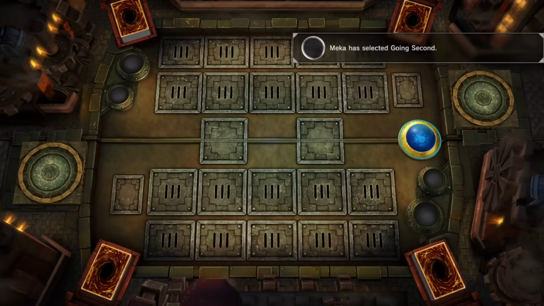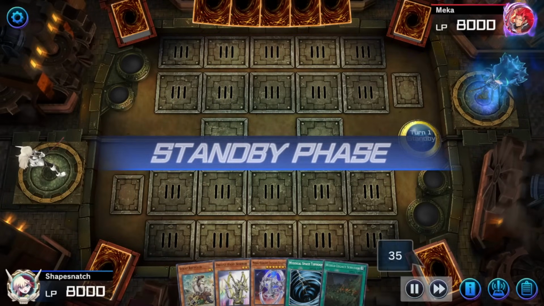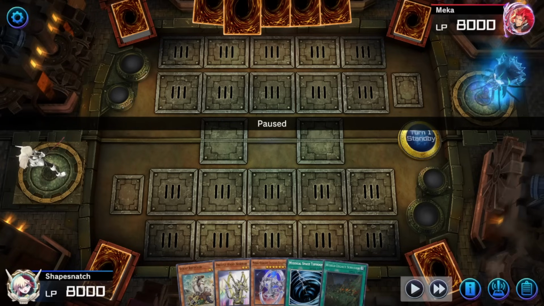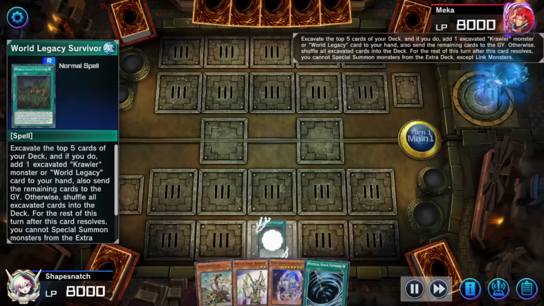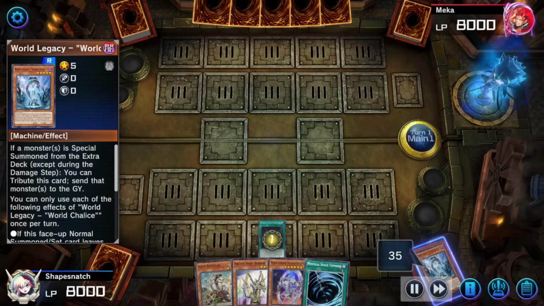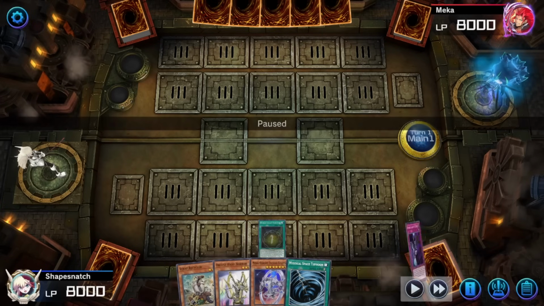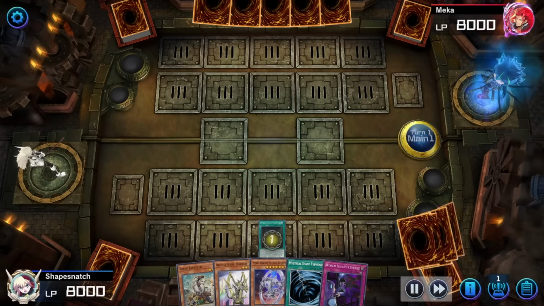So this is a game where I was still learning the deck, and I kind of missed it a little, and notably my opponent chose the blind second, which is odd in this format, but it's their choice. So we open the World Legacy Survivor, and I'm gonna mill like 5 World Legacy. This card's busted. So I add a World Legacy Secret to my hand, and then I send Orcust Nightmare